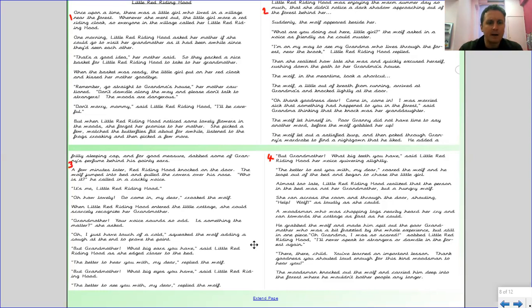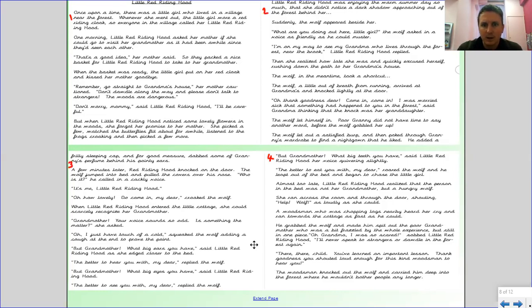point. "But grandmother, what big ears you have," said Little Red Riding Hood as she edged closer to the bed. "The better to hear you with, my dear," replied the wolf. "But grandmother, what big eyes you have," said Little Red Riding Hood. "The better to see you with, my dear," replied the wolf. "But grandmother, what big teeth you have," said Little Red Riding Hood, her voice quivering slightly. "The better to eat you with, my dear," roared the wolf, and he leapt out of bed and began to